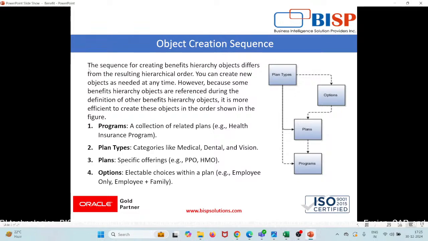So the sequence for creating benefit hierarchy objects differs from the resulting hierarchical order. You can create new objects as needed at any time. However, because some benefits hierarchy objects are referenced during the definition of other benefit hierarchy objects, it is more efficient to create these objects in the order shown in the figure. Okay, so the first thing,